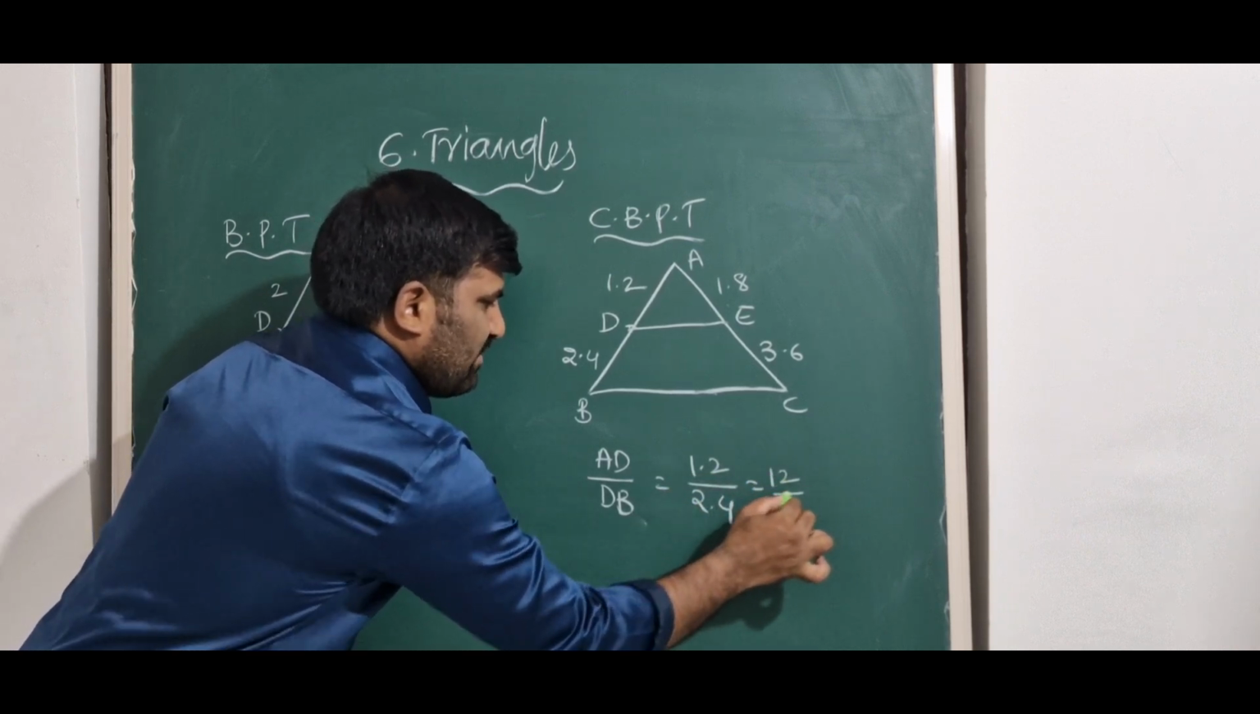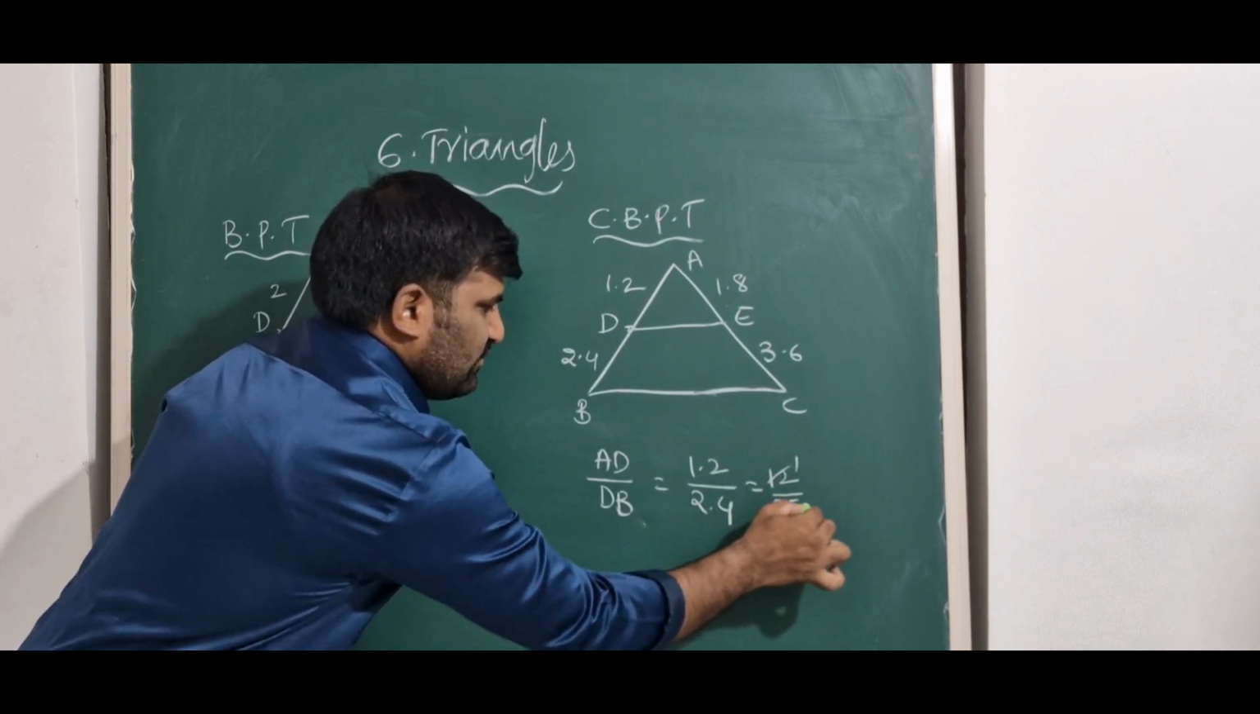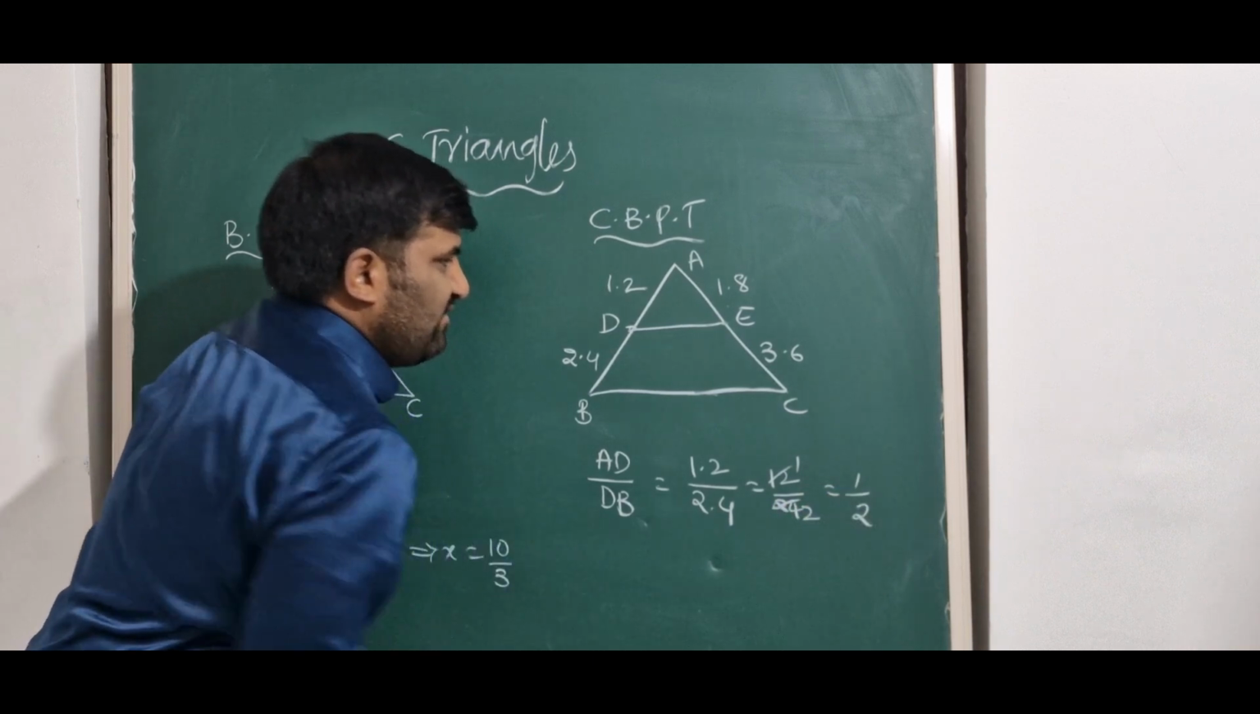We can write it as 12 by 24. I am removing the decimal. 12 ones are 12, twos are 24, that is 1 by 2. In the same way you can find the